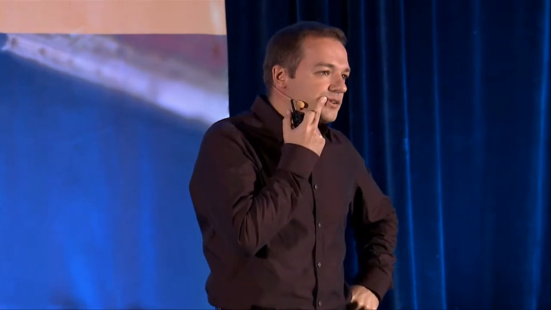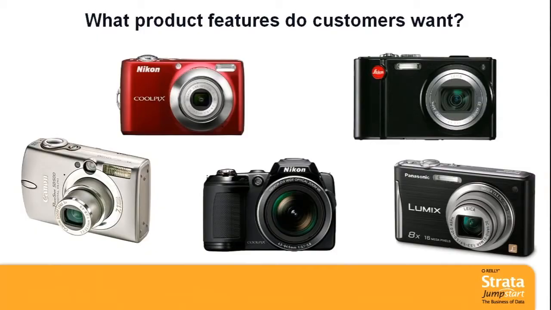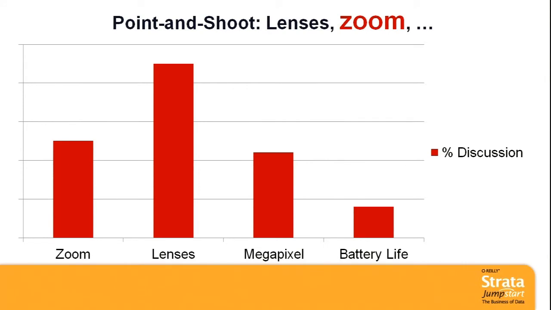Another exercise that we did was to try to figure out what are the things that people care about, right? We have seen that people don't care too much about the video of the camera, the video feature. So what do they care about? The traditional solution that was out there, many solutions were taking the reviews, analyzing them, and saying, OK, 50% of the people are talking about lenses for point-and-shoot cameras. Then the second most important thing that people discuss is zoom. And then they talk about megapixels and so on. Well, interestingly enough,